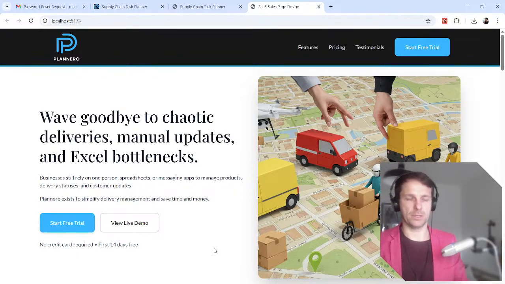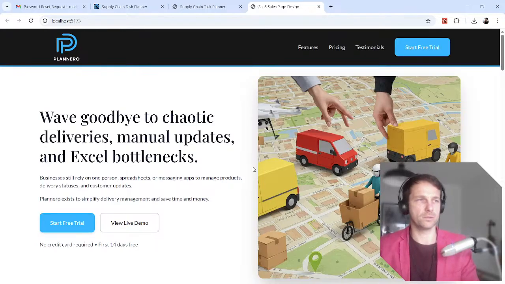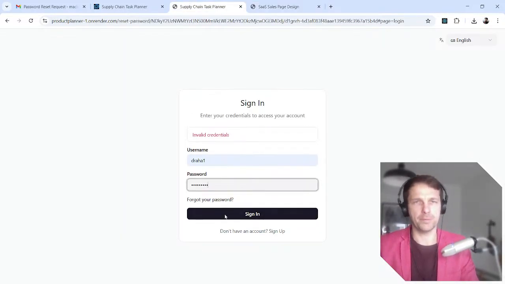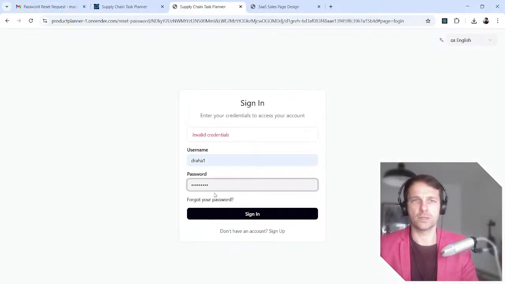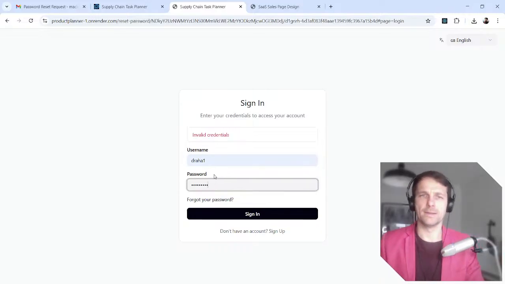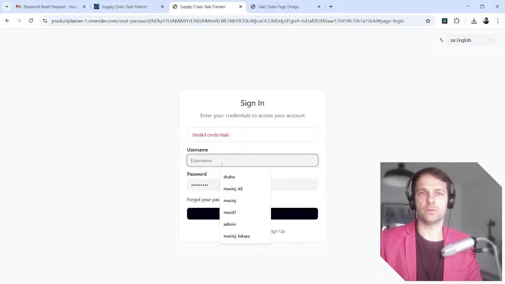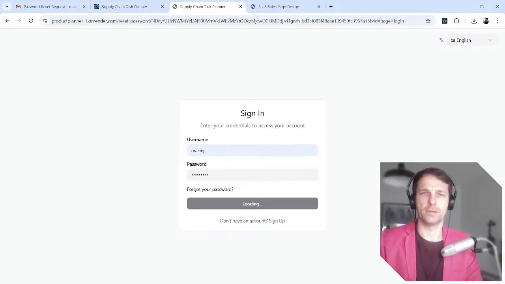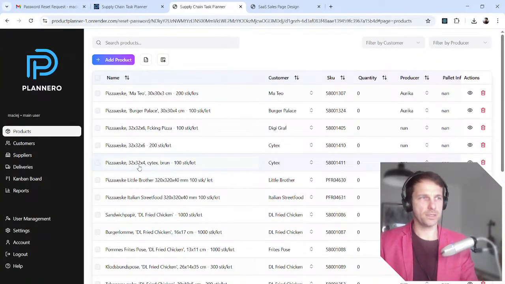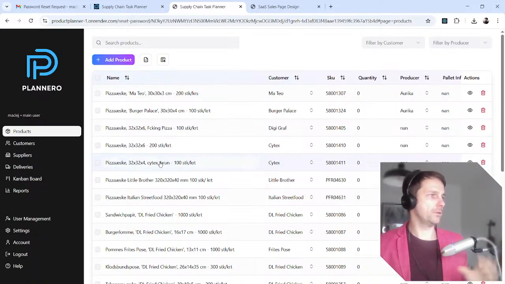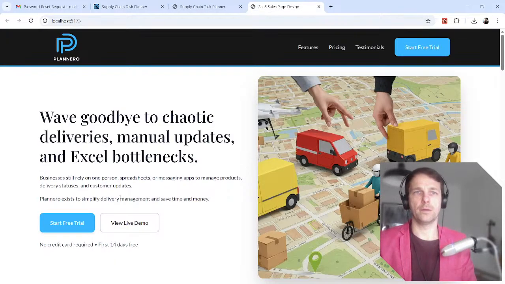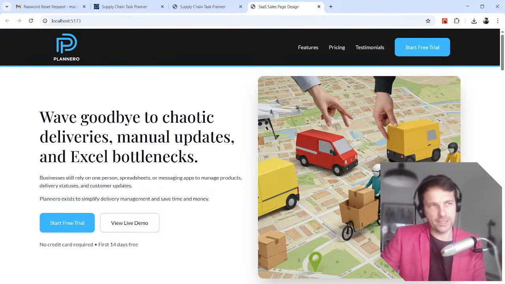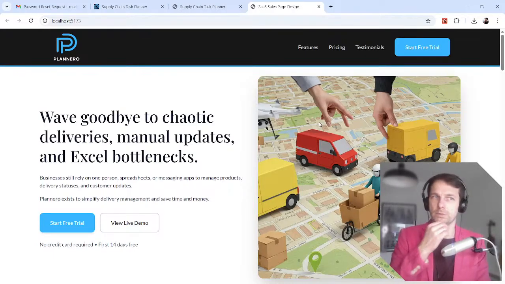And this is something where a lot of thinking needs to go now, because I do have an application, and the application works, so what I showed you earlier is working pretty well. It's managing products, deliveries, showing you the statuses and stuff. But now the next step is to get all the sales stuff working. So I should stop working on this and start working more on this, which is the sales page. So let's get this one published.